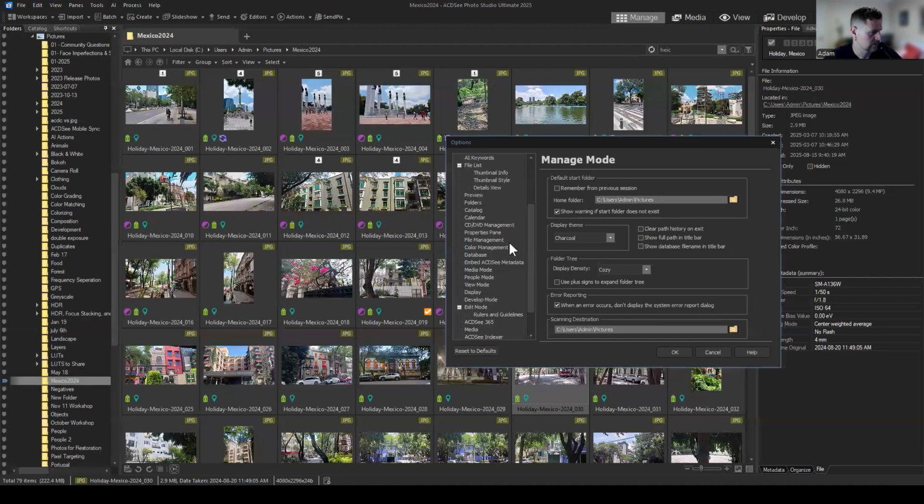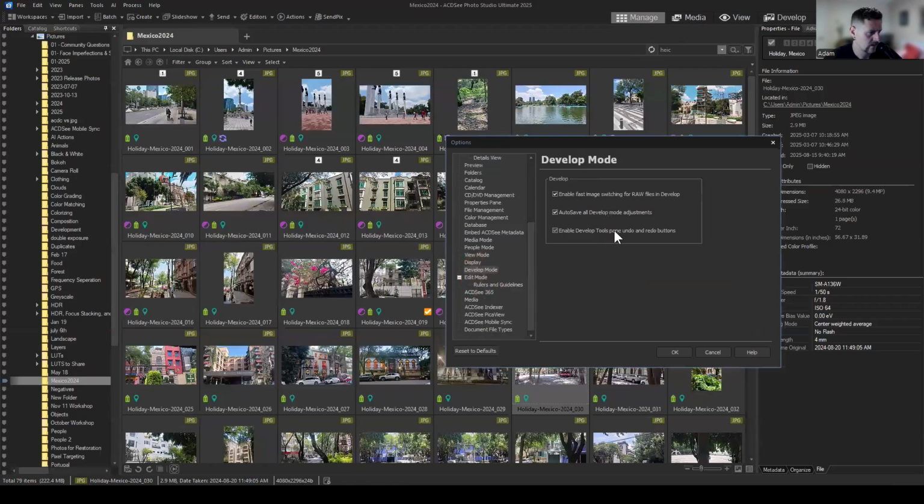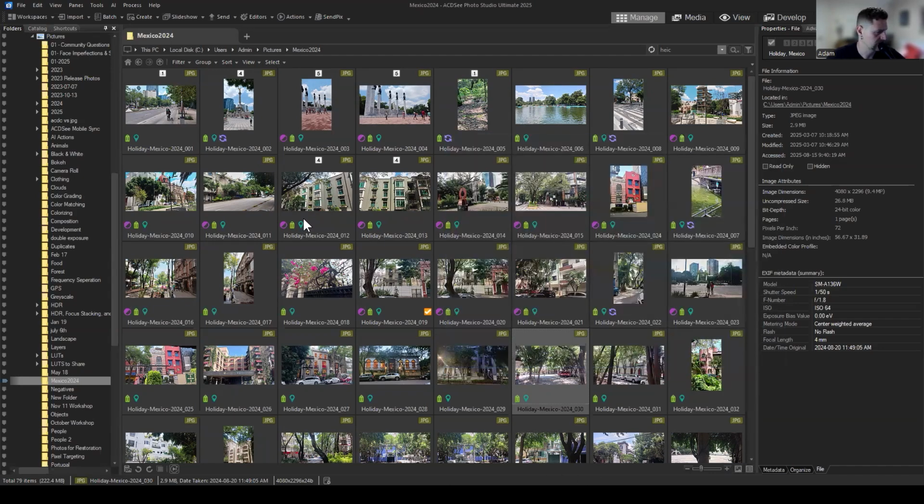Oh, sorry, for develop mode here. Okay. So it's possible that auto save all development mode adjustments is not selected here, because it looks like I've clicked this, and this is probably what prompts me to save when I leave. So if I unclick this, click OK, and just go into another image here, develop it, I think it might